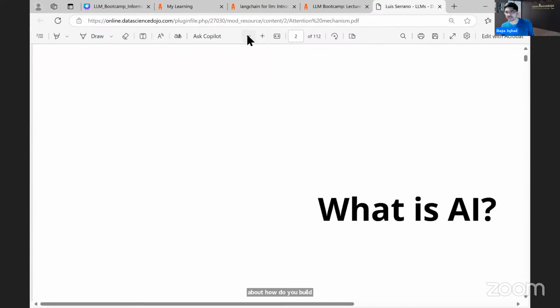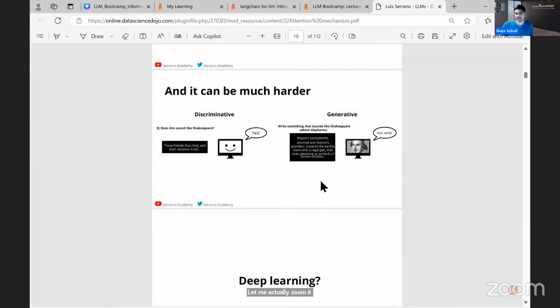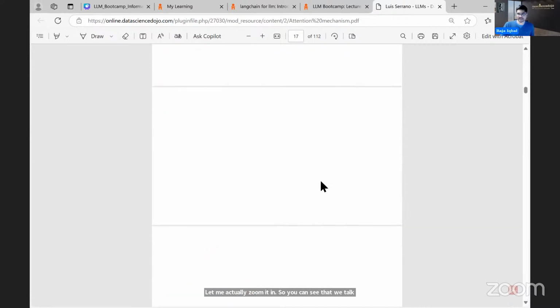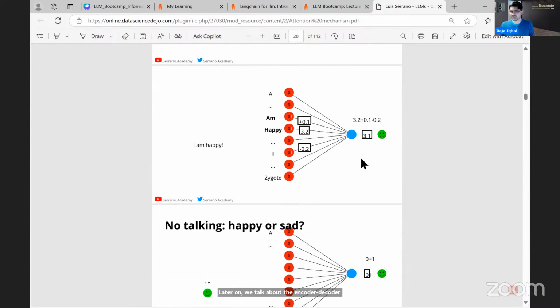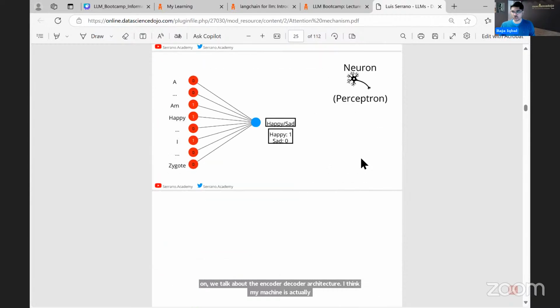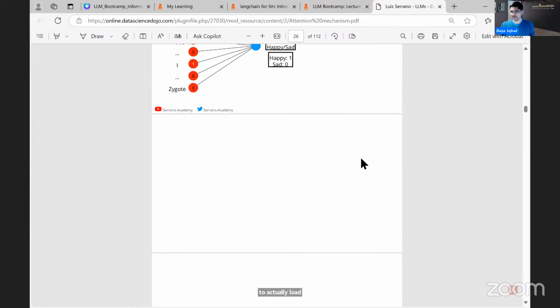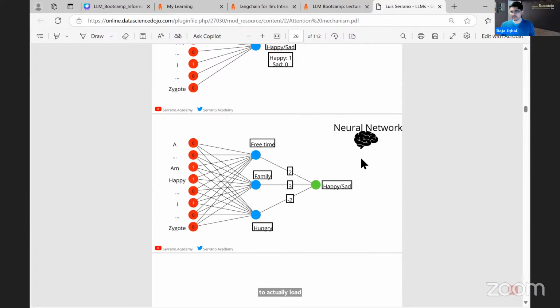Let me zoom it in. You can see that we talk about AI sentiment analysis, and later on we talk about the encoder decoder architecture. I think my machine is taking some time to load these slides. I don't know what is going on. My browser may be out of memory, but you guys see this?